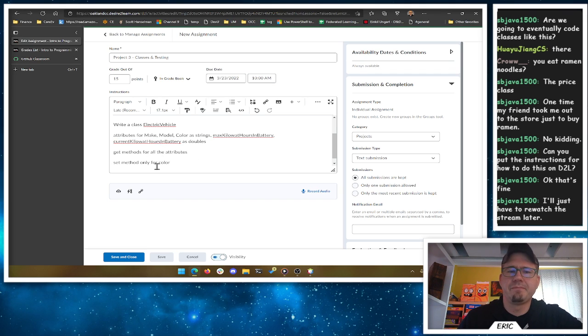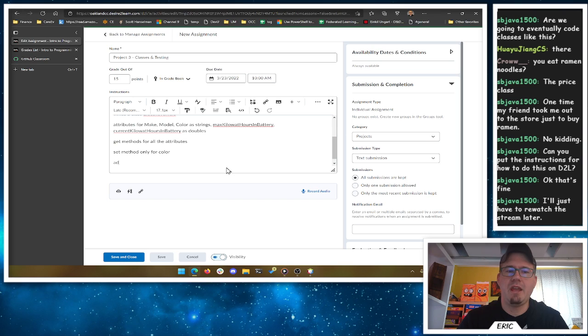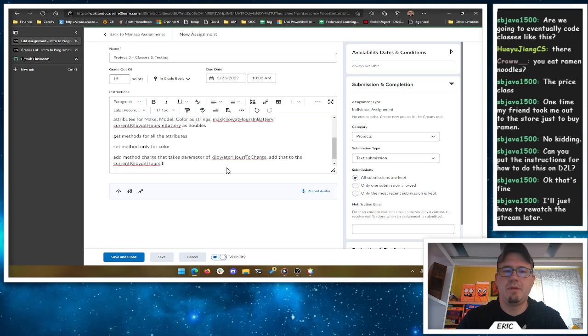Okay? We'll pretend. We're going to add a method called charge that takes a parameter of kilowatt hours to charge, right? And we're going to add that to the current kilowatt hours in battery.